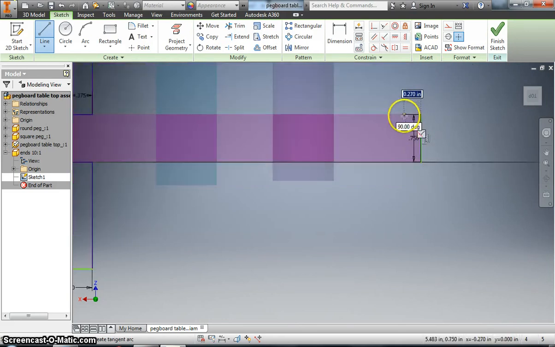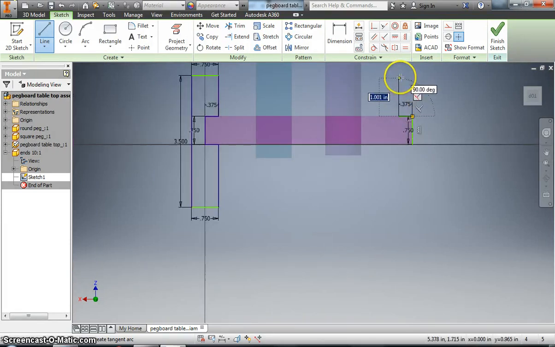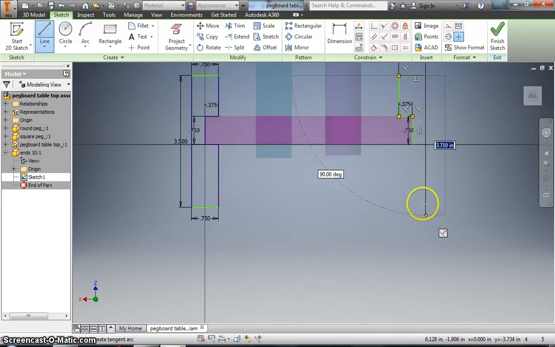I'm going to go over 0.375, enter, up until I see that dotted line, click, over 0.75, hit enter, down until I see my dotted line,